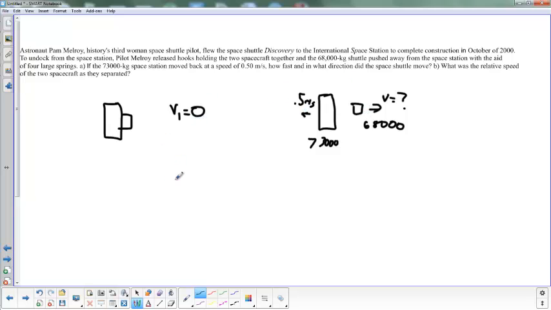So if we do this, we can kind of look at this a couple of ways. It's basically an explosion. You can imagine a rock sitting somewhere. You stick a piece of dynamite in the middle of it, and it blows up. And this piece goes that way, and this piece goes the other way. But to start with, the momentum was 0. So what's the mass of this whole thing? Well, it's 73,000 plus 68,000. And I did that, and it is 141,